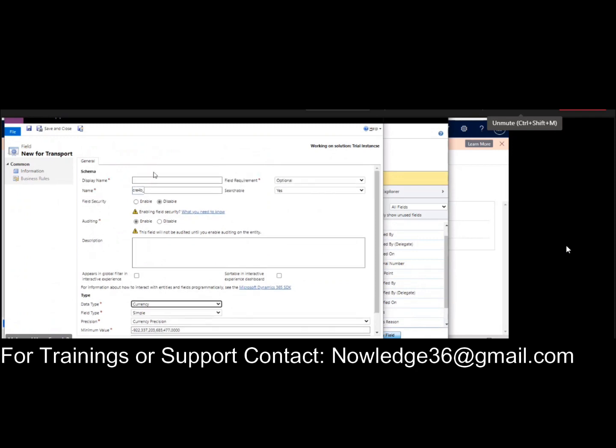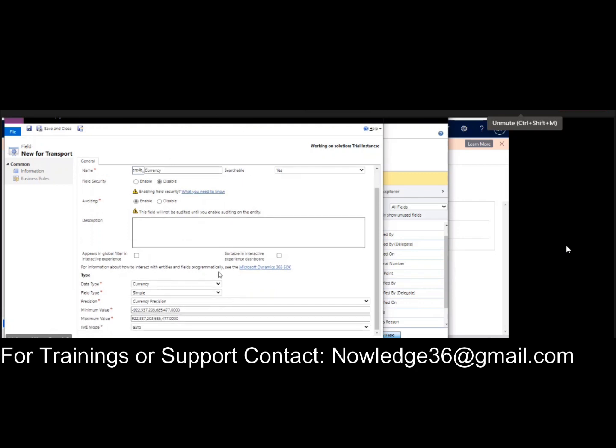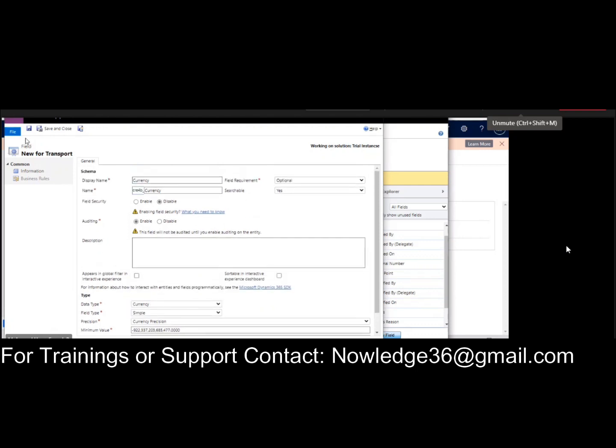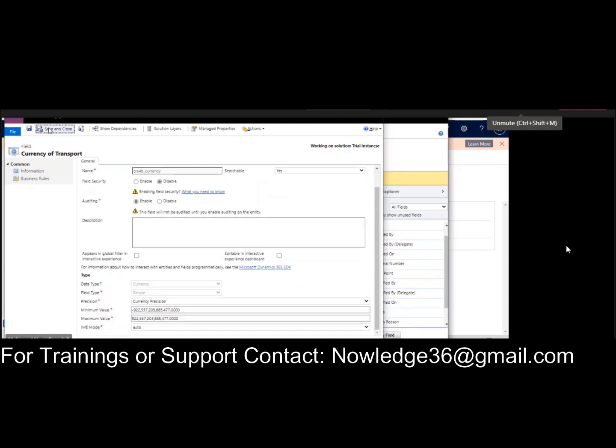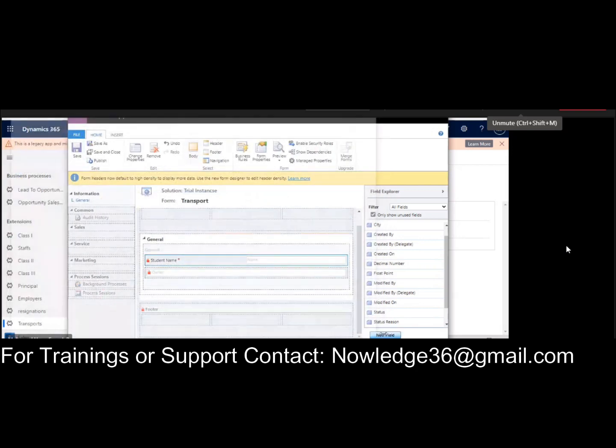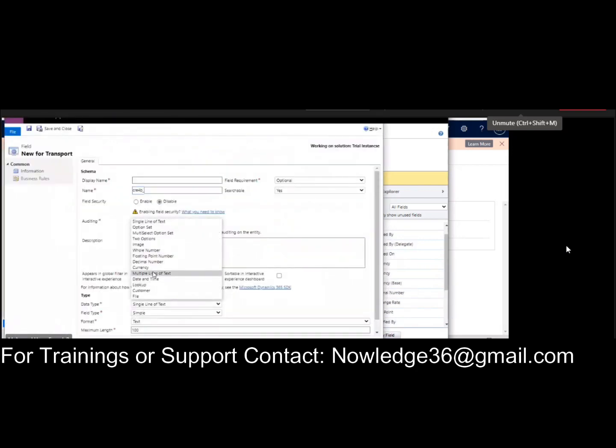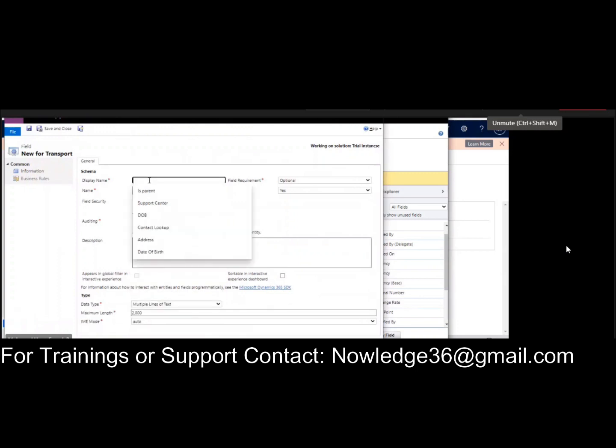It will show us the currency method. Then you can see the multiple lines of text. If we want to add any paragraph description, we will use multiple lines of text.